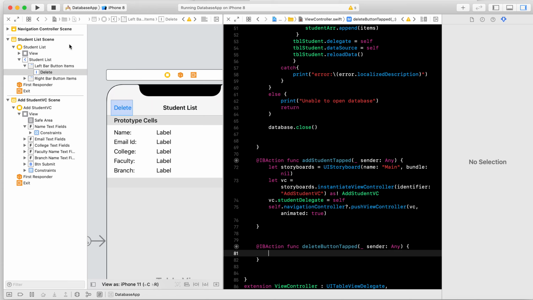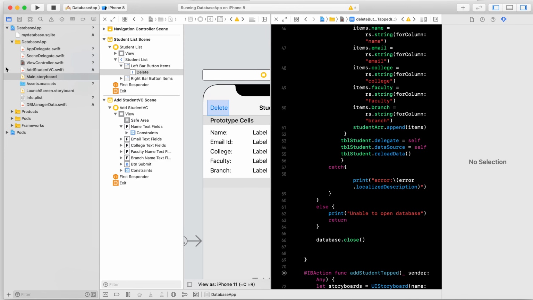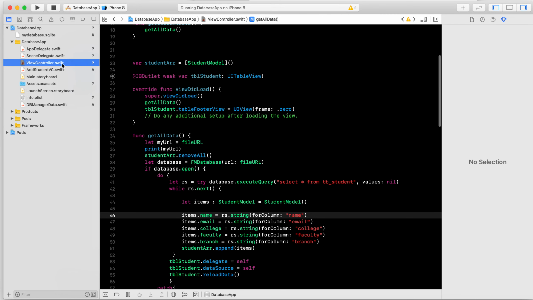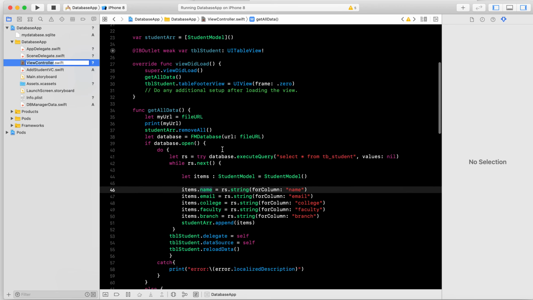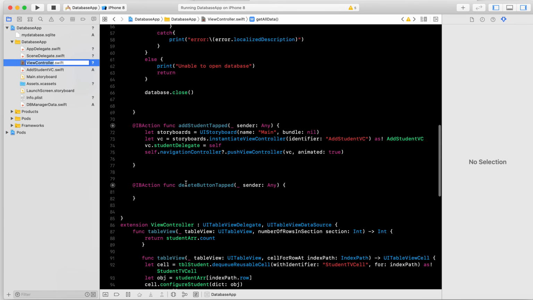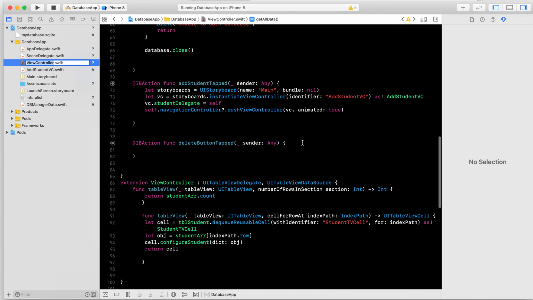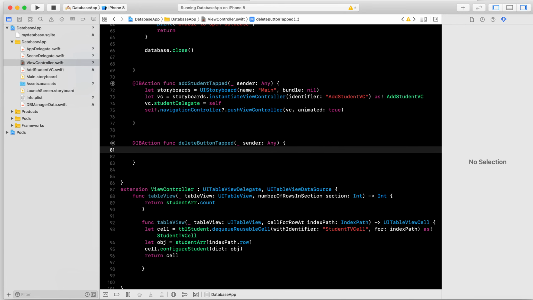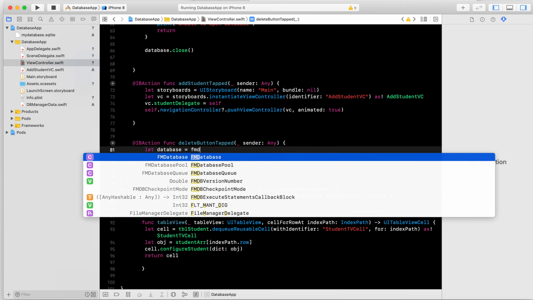This is the view controller, and I have created an action for the delete button tap. I want to delete all the data from the tables, and I have let database equal to, I have used FMDB,